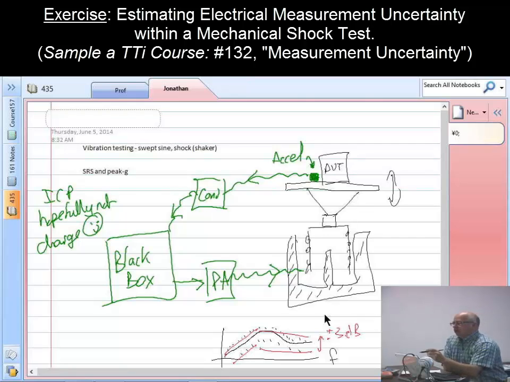Just as a quick side, I had one situation where the customer had the control Excel on the top of a DUT. They considered this to be part of the fixture, and the DUT was buried inside the fixture. And they kept getting a little spike come up, and it was hitting the limit and shutting the system down. And what I found was the top of their fixture, right across here,